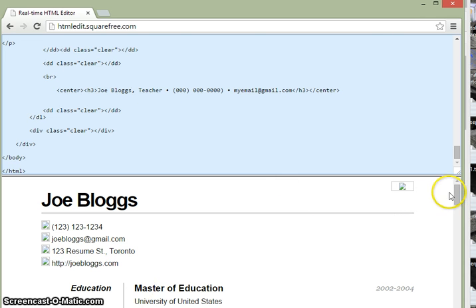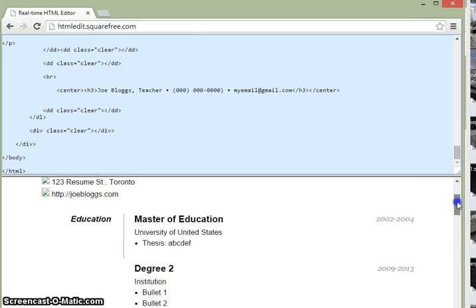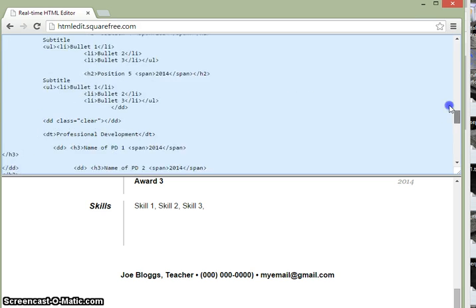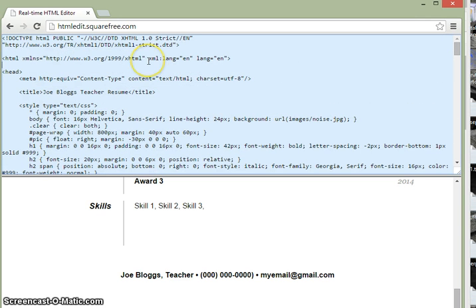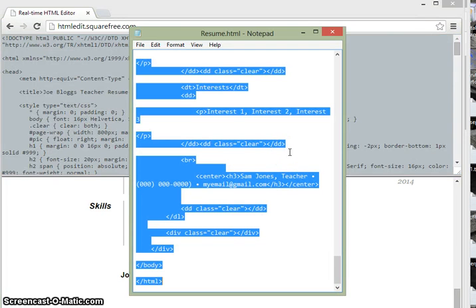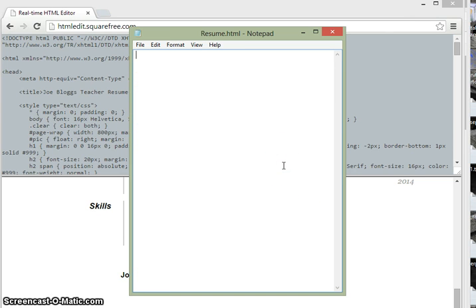So once your preview is to your liking, everything looks good, you've put in all your information, we can take this code and put it back into our file. The easiest way to select all of it would be to hit Control A or Command A on a Mac, and then hit Control C to copy it. Let's go back to our notepad file here where we had the resume code. Delete everything and replace it with what we just wrote